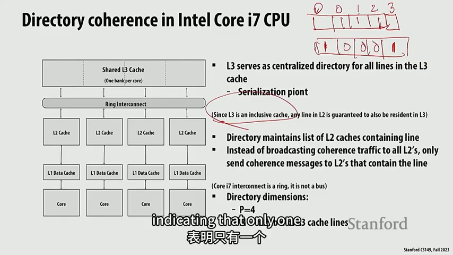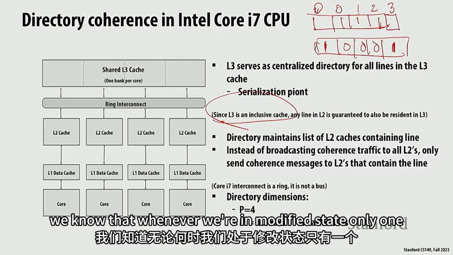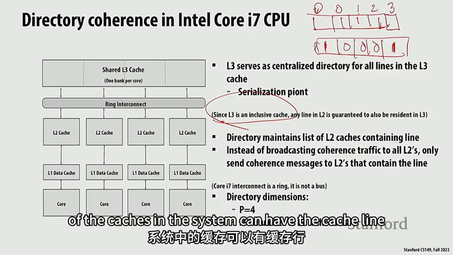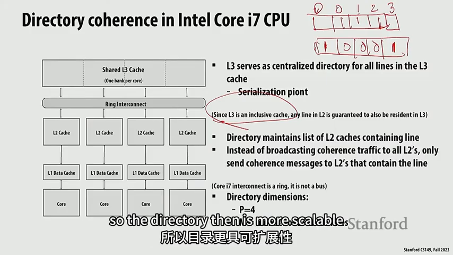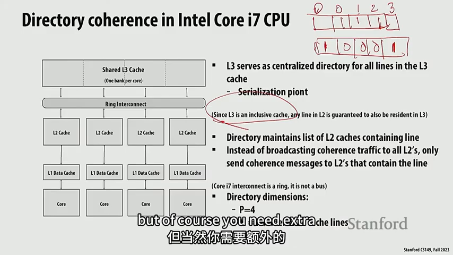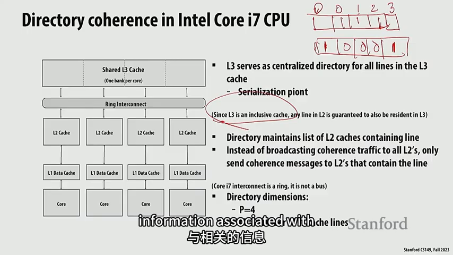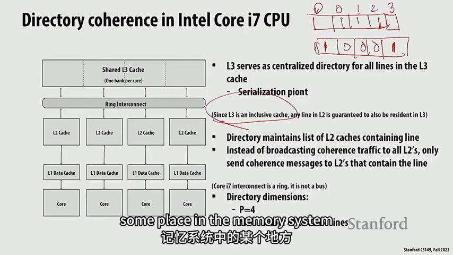We know that whenever we're in modified state, only one of the caches in the system can have the cache line. So the directory is more scalable, but of course you need extra information associated with some place in the memory system that keeps the